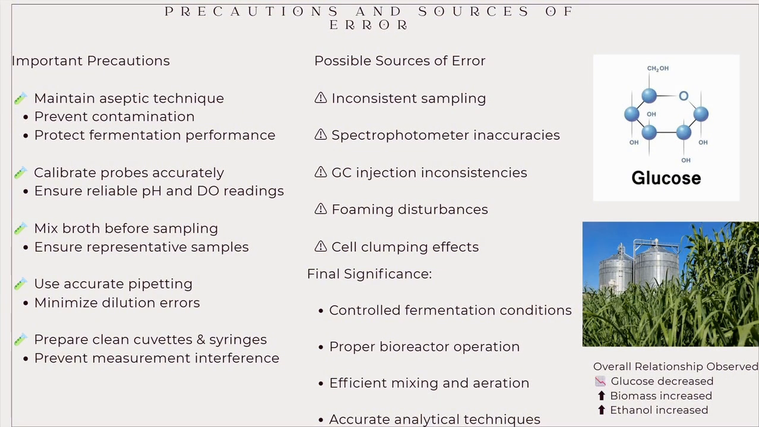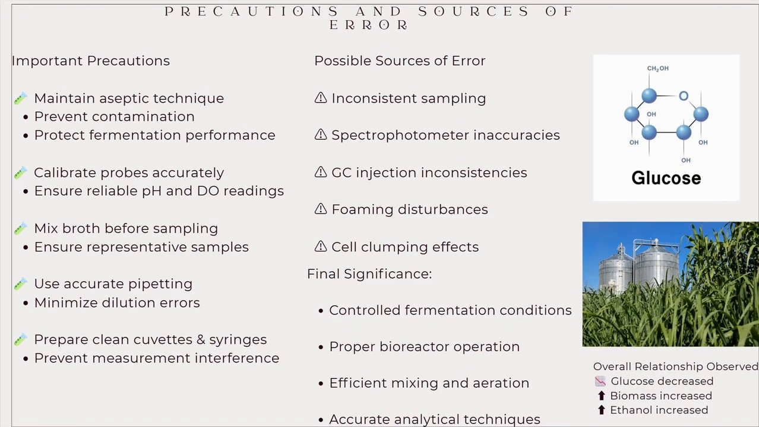Strict aseptic technique had to be maintained during inoculation and sampling procedures to prevent microbial contamination. Proper calibration of analytical instruments such as spectrophotometers and probes was necessary to obtain accurate readings. Furthermore, the fermentation broth needed to be mixed thoroughly before sampling to ensure homogeneous distribution of cells and metabolites. So, in conclusion, this experiment successfully demonstrated the relationship between microbial growth, glucose utilization, and ethanol production in